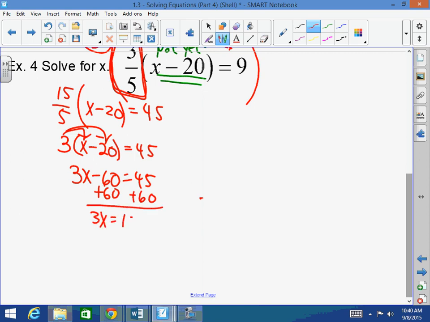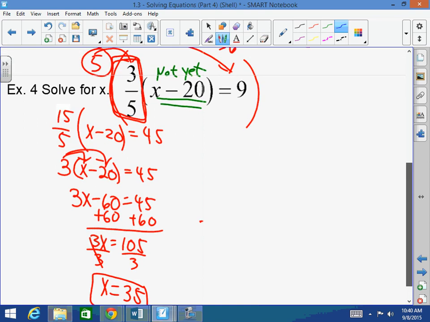3x equals 105 divided by 3. X equals 35. Yeah, 35. That's one option. Please be careful if you use that option. When you have a fraction, okay,